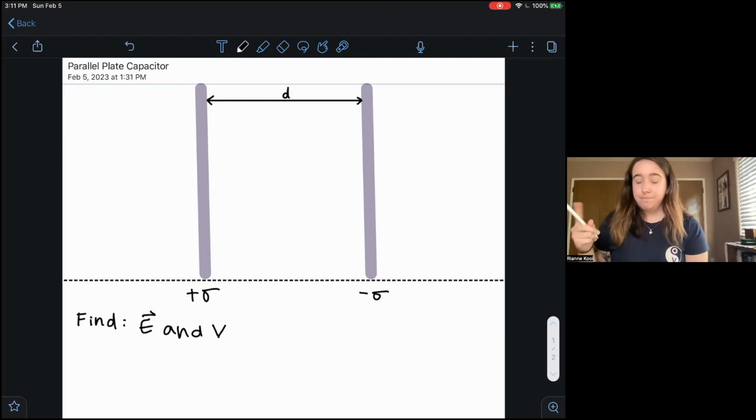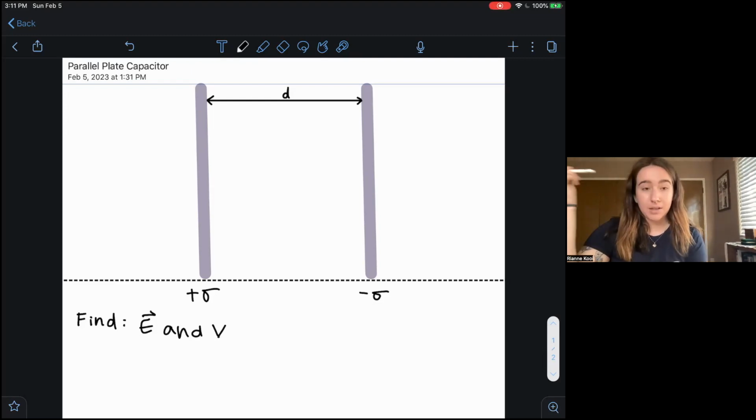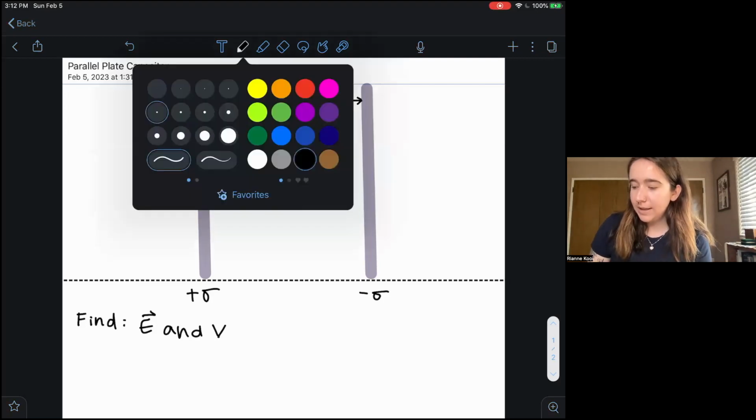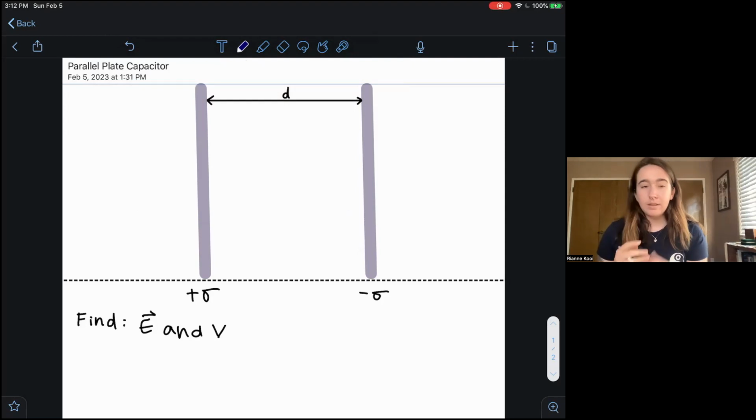So I have a positive plate or sheet on the left hand side, and then a negative one on the right hand side. The first thing I'm going to do is draw the electric field lines for both of these. If you remember in the last video, these work just like a point charge. So positive flows outward and negative flows inward, and more specifically, each flows from positive to